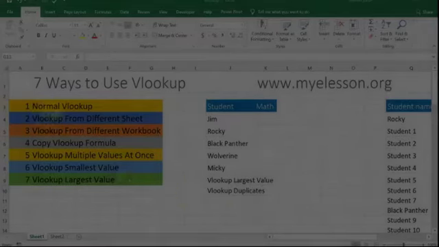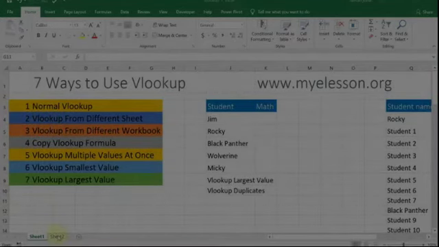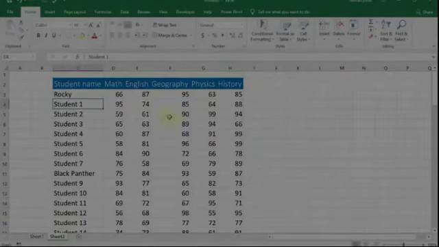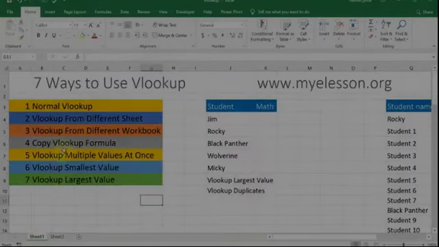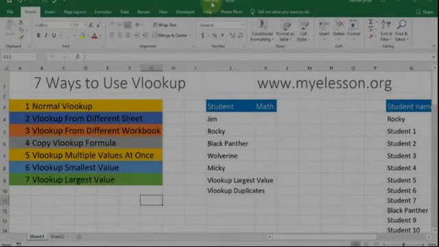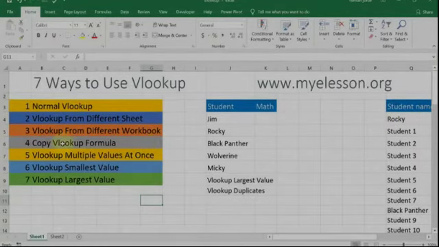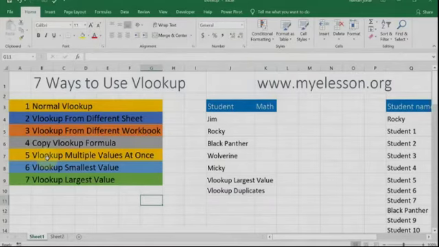All right. The first one is a normal VLOOKUP, and then from a different sheet, as in from here. So here is the data. This is a different sheet, and then we will look up from a different workbook. So this workbook's name is VLOOKUP. I'll copy this data in some other workbook, and then we will look from there, and we will learn how to copy VLOOKUP formula. Very important. We will learn how to VLOOKUP multiple values at once, and then how to VLOOKUP smallest value and VLOOKUP the